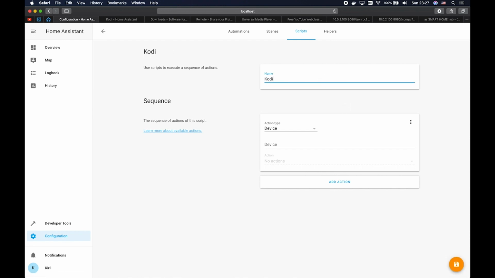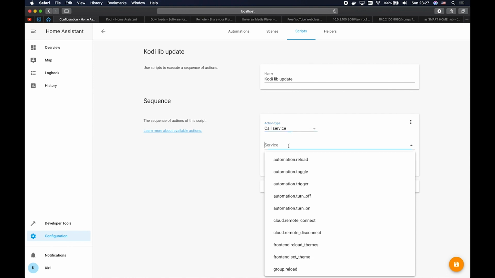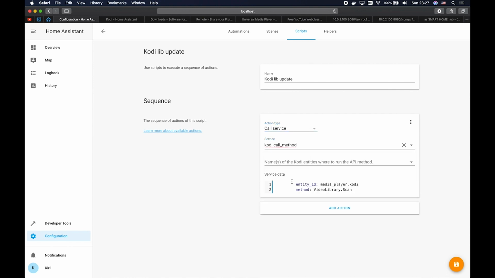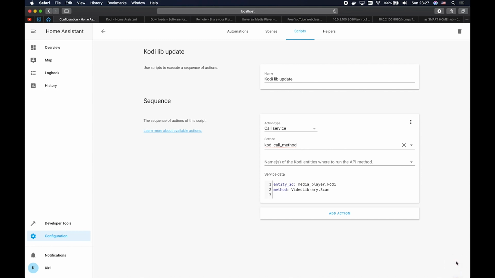Then I'll type a name here. For action type, I'll choose call service, call method, and I'll paste the lines that I copied before. This stays empty and I'll click Save.